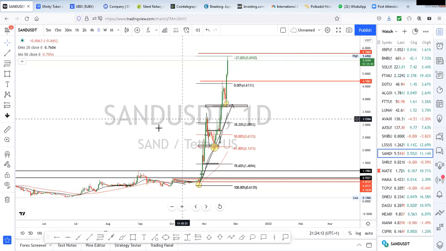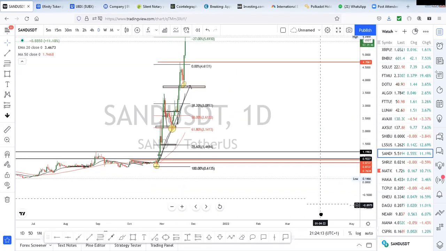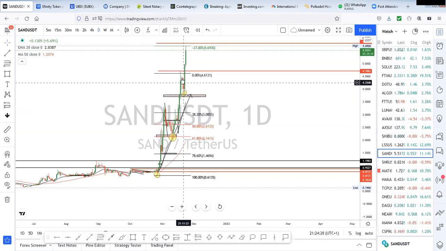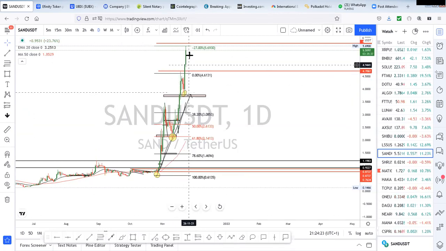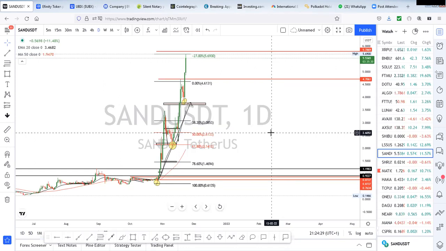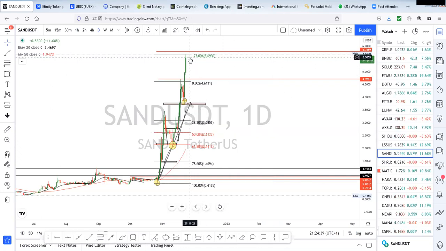So this is a clear example of market structure. You can see your highs. You can see your higher highs, your higher lows, your higher highs, your higher lows. Now price is approaching the higher high again. You can see a rejection there. Remember, higher highs are the resistance areas, while the higher lows are the support areas. You can see that price touched the resistance area and